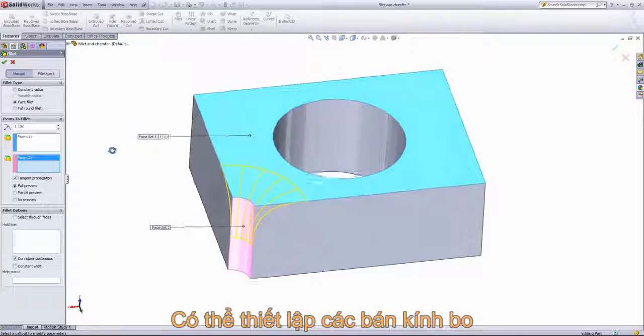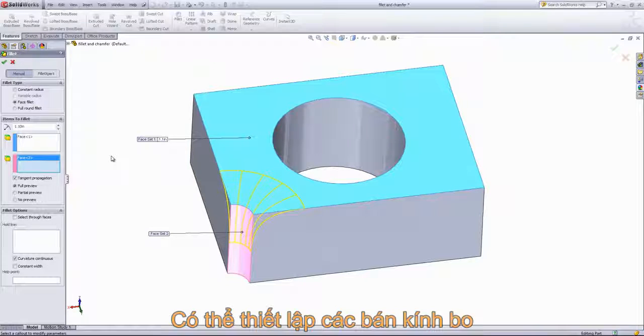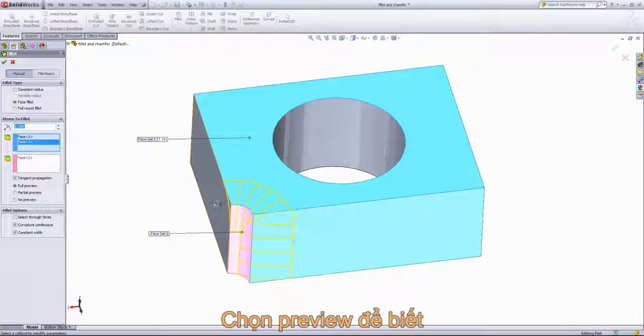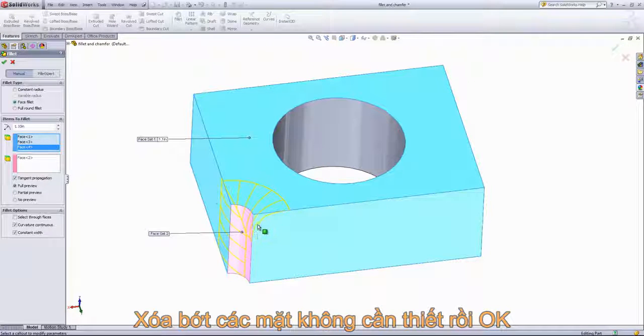And then before we complete this fillet, there's several other options we can play with at the bottom. We can set whether the curvature is continuous or not. We can also set this to a constant width if we want as well. If we wanted to add faces, we could also do that. You can see with the full preview versus the partial preview that you can tell that this edge isn't going to receive a fillet because it doesn't show up in the full preview. Whereas the partial preview, you'll have no idea how that fillet's actually going to look. So we'll go back to the full preview,